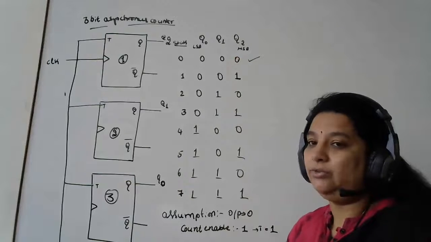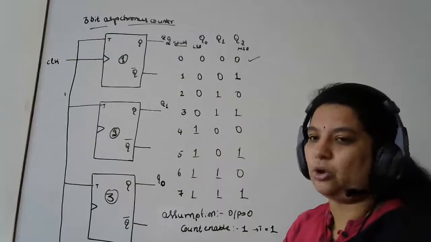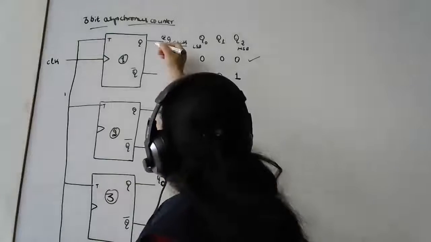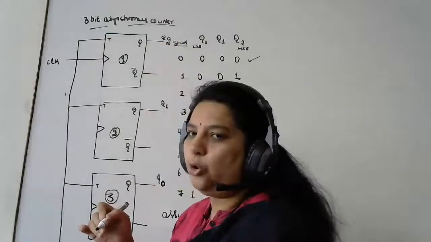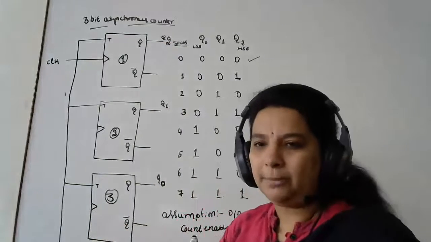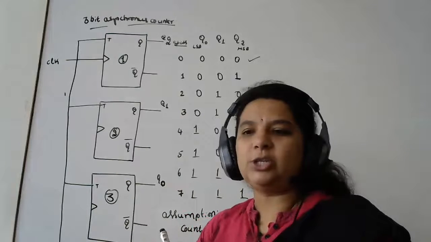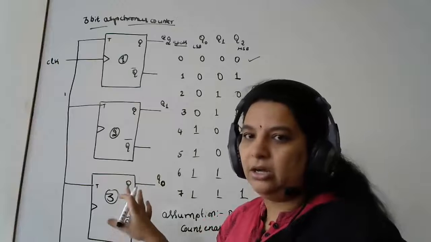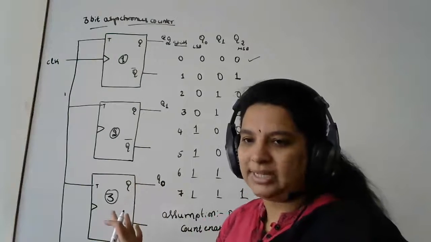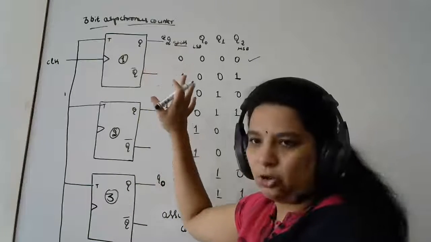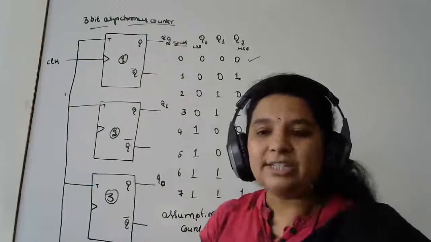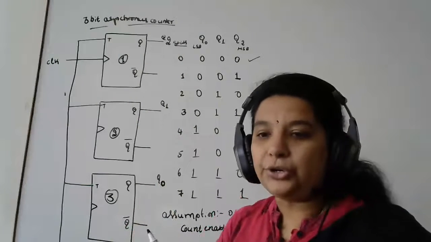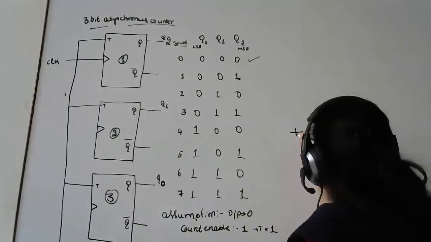Okay, now let us see what I will be doing for the next clock. What I do now, I have two outputs for my first flip-flop, Q and Q bar. One is called the normal output, the other one is called the complemented output, right? Now, this particular counter that I am designing, a 3-bit asynchronous counter, what are the characteristics that we have? We are going to design a positive edge